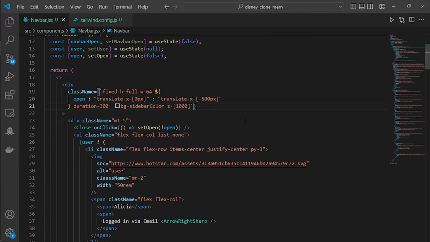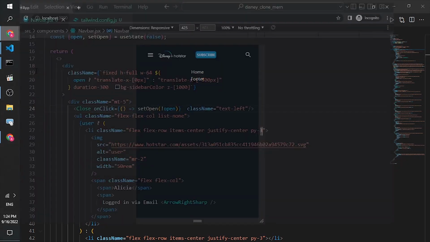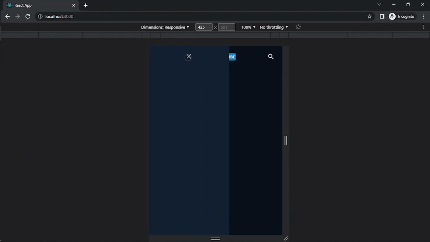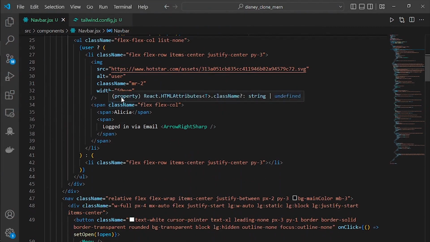Now let's make the close not in the center of the website. Close and click. Maybe I will just make it class name text left. Save, and let's see in here. Refresh website. Click the sidebar and it is still not working. Okay, maybe I will just add it later. Now we can continue making the